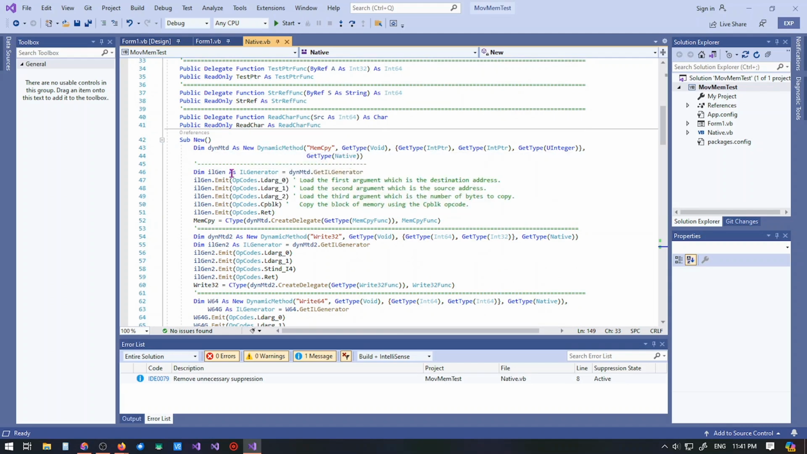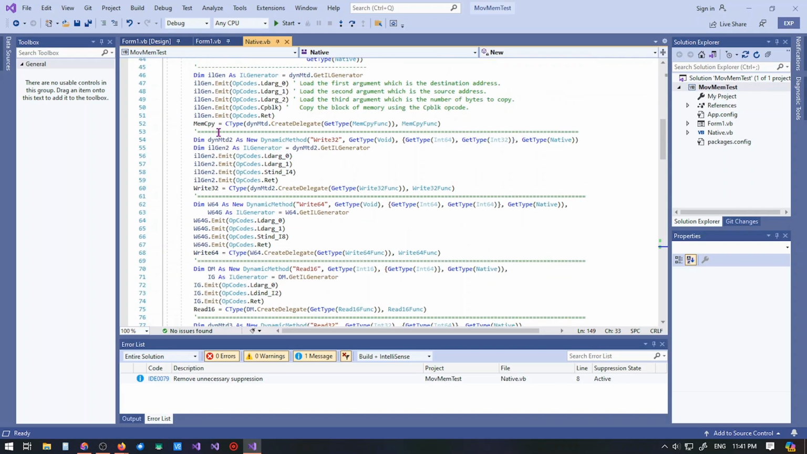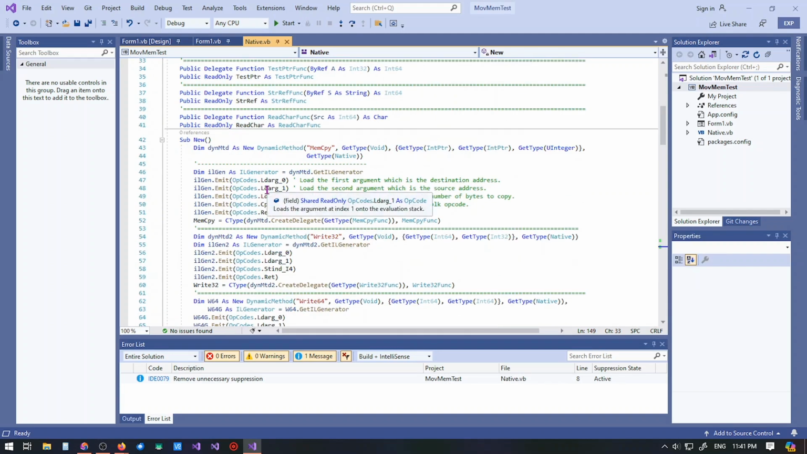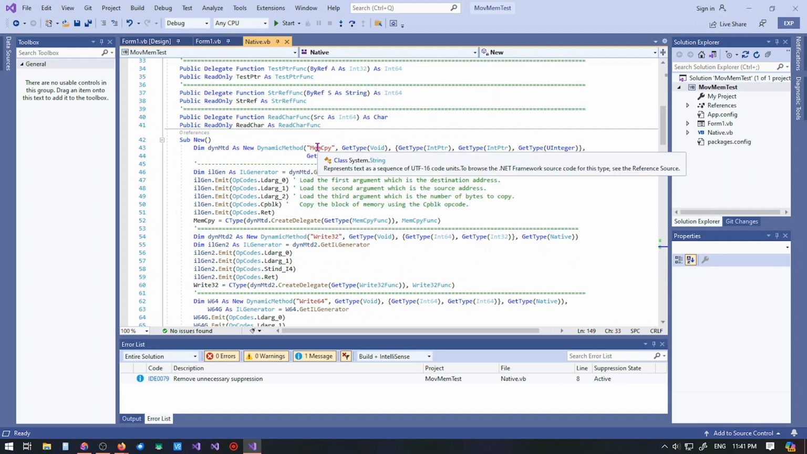In this one, for most of them, it's a shortening of dynamic method, dyn mtd. Like here's that, then dyn mtd2, although it's not for all of it. Like here's w64 for write64, but it doesn't matter, just as long as you stick to the same name in the sub or function that you're doing. So for here, it's dyn mtd as new dynamic method, parentheses, in quotation marks, the name of your sub or function, okay, comma, get type, and it's going to be the return type, which, because this is a sub, the return type is void,